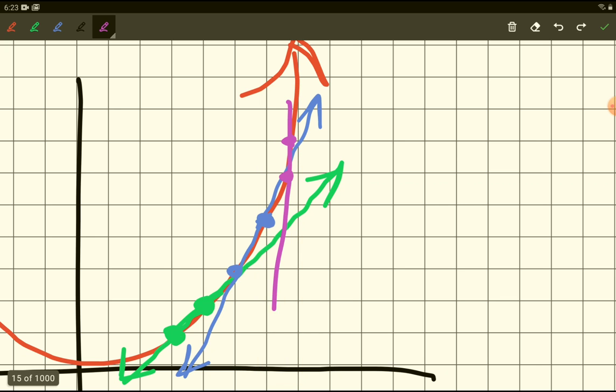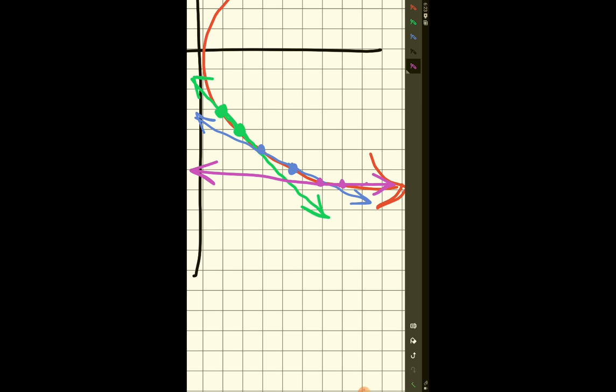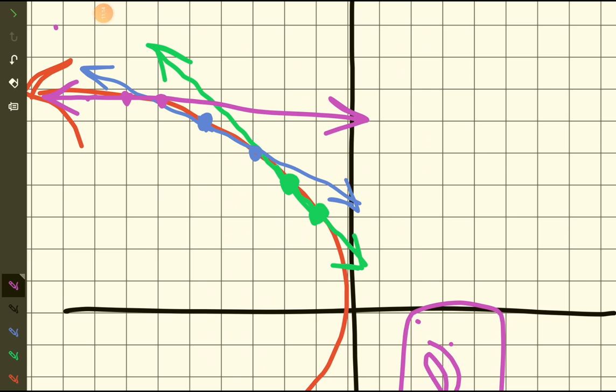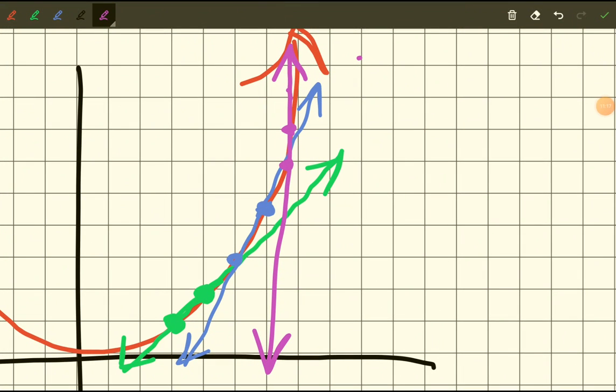Again, I connect them. Notice what happens. At every slice, go around. At every slice on this parabola, on the red parabola, in the green here, and the blue, the two points I chose in blue, and then the two points I chose in purple, the rate of change